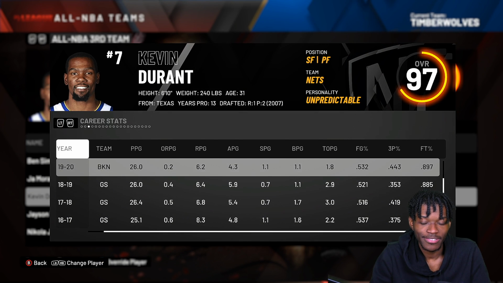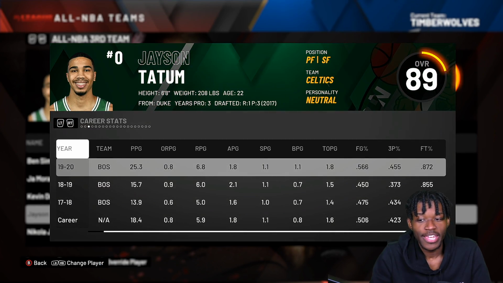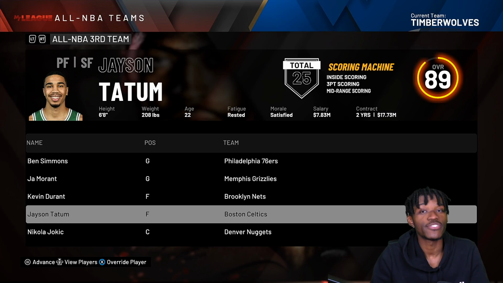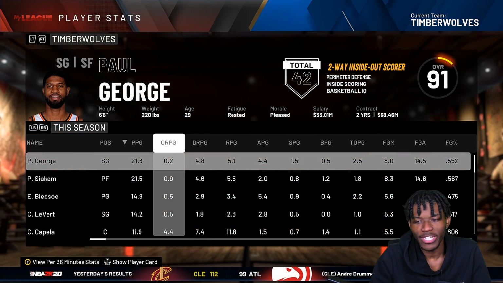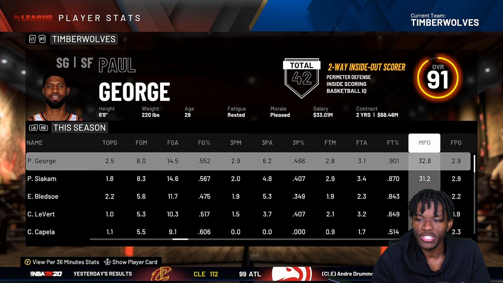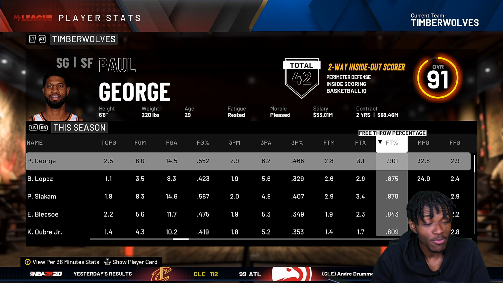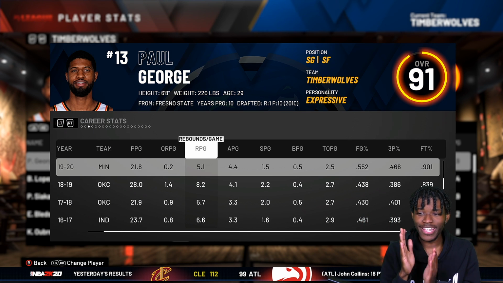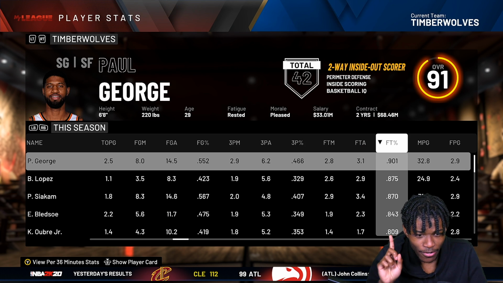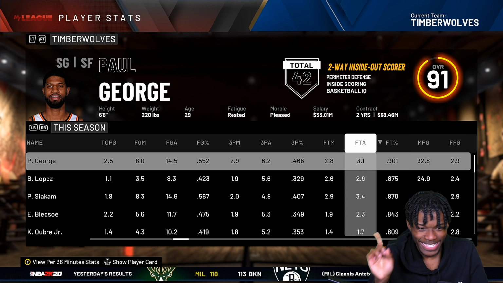Yeah, this game here. In real life, it's only a handful of players that achieve that goal. In 2K, every rebuild, there's a few. Let me see. Free throw percentage. Oh, and this one is only Paul George. He's the only guy. Congratulations to 2K for having one player in the 50, 40, 90 club this season.